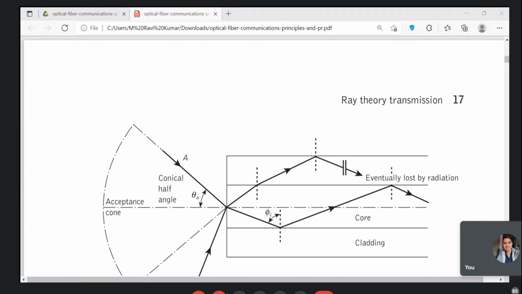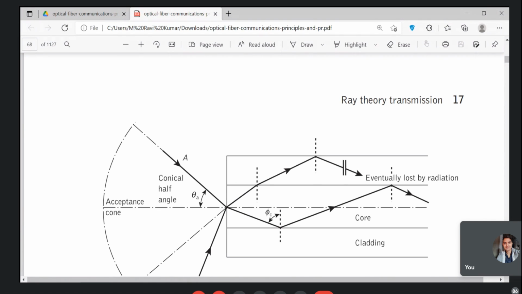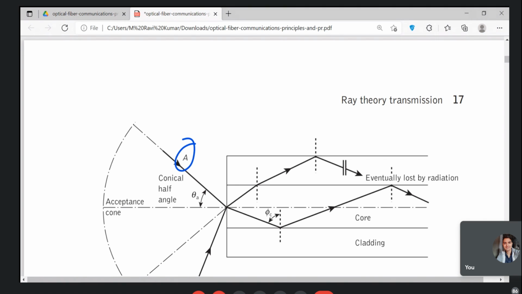You can see there are two rays which are given here. One is A, one is this A, another one is